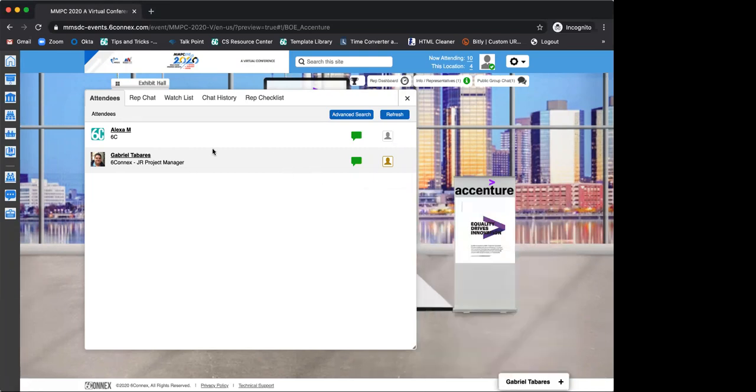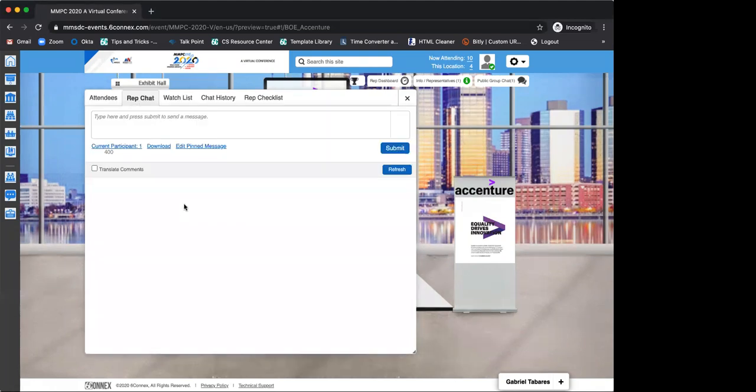Going back to this lovely window, the second thing you're gonna do here is you will have a rep chat. What is that for? It's only for you to use. If 5 of you or 3 of you are assigned to this same booth and you're gonna be here at the same time, you can communicate between you without anyone else seeing this.